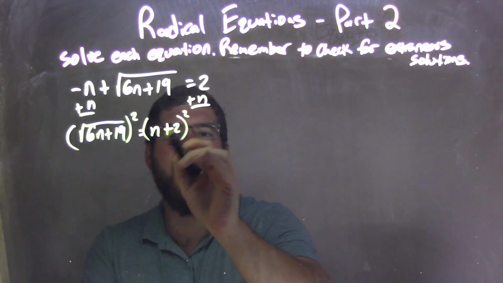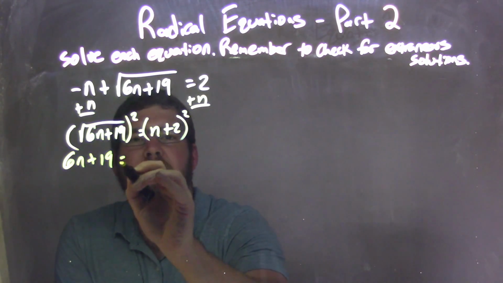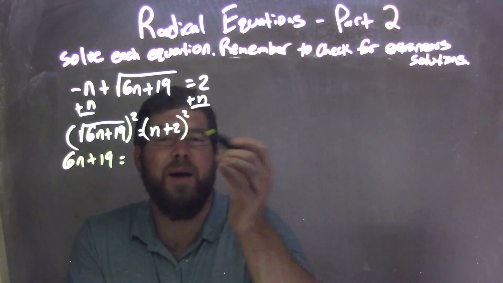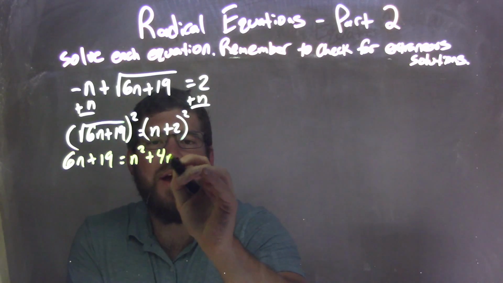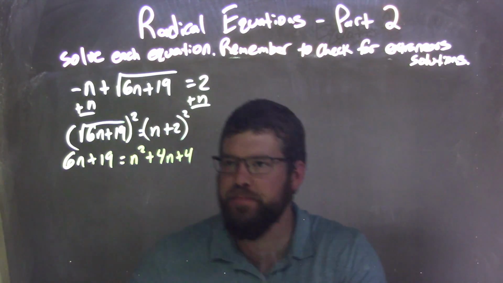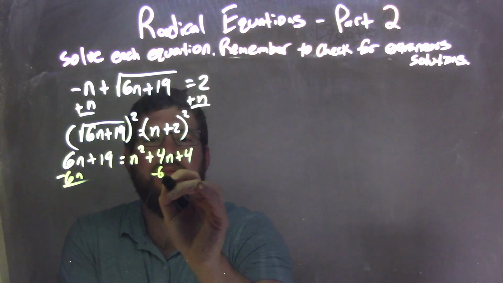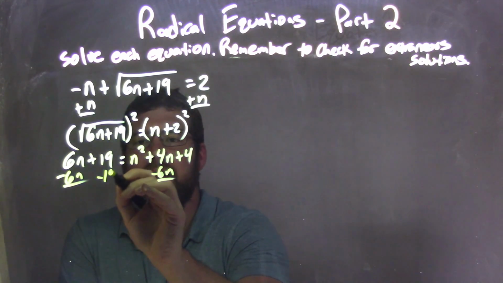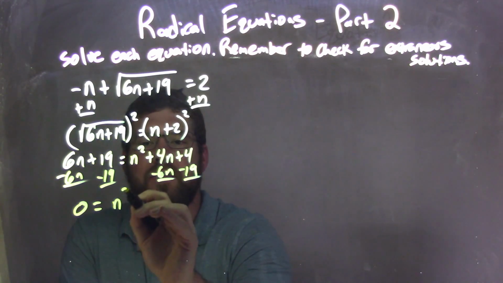Make sure when I square, I also square the n plus 2. Leaving me with 6n plus 19 here equals n plus 2 times n plus 2, which comes out to be n squared plus 4n plus 4. Okay? Now I'm going to subtract everything over. Subtract the 6n from both sides and subtract the 19 from both sides, leaving me with 0 equals n squared